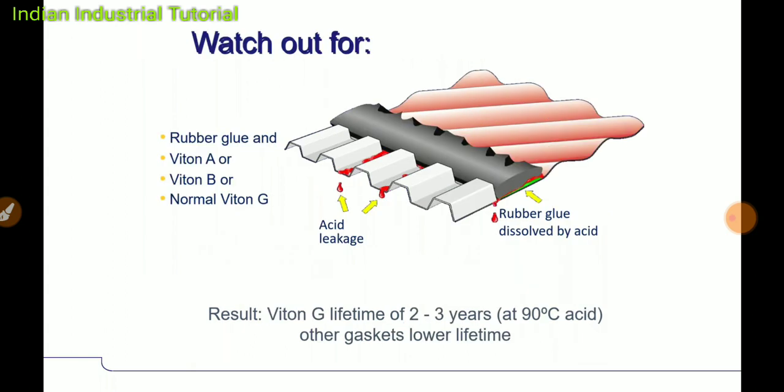Here you can see an example of what will happen when proper glue is not used: the gasket as well as the plate will be damaged. Once concentrated acid comes out, because of outside moisture and water content, it will become a low concentrated acid, which is more corrosive than concentrated acid, and that oxidation will eat away even the plates.